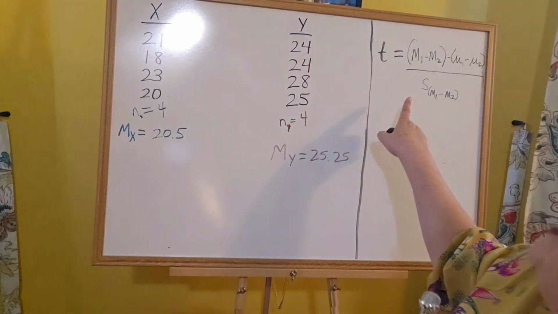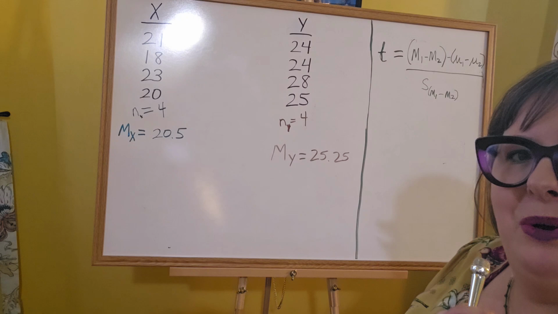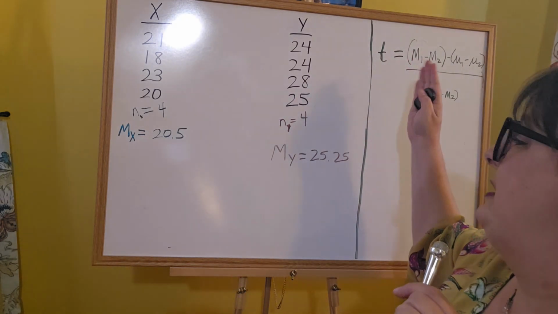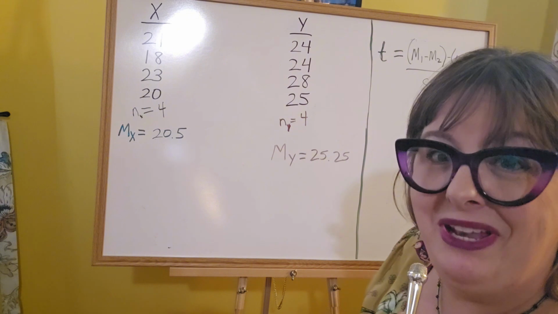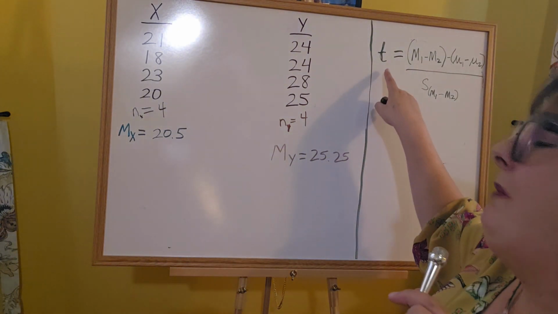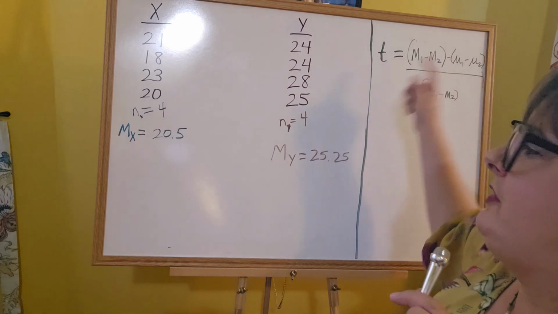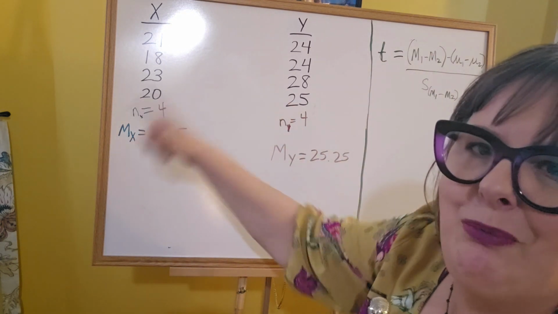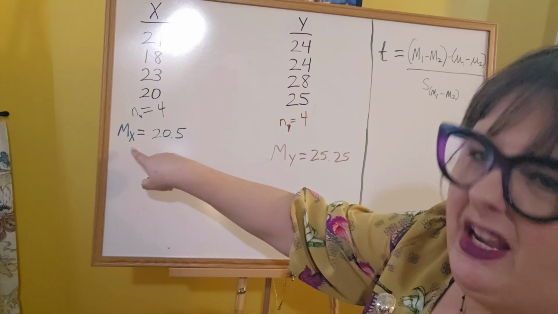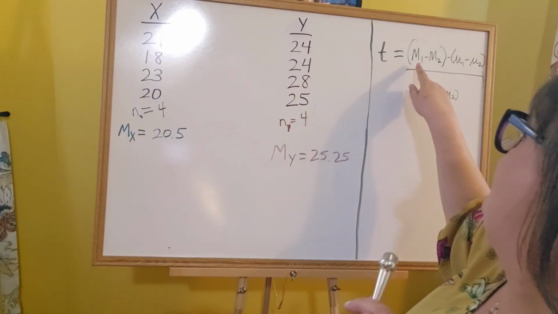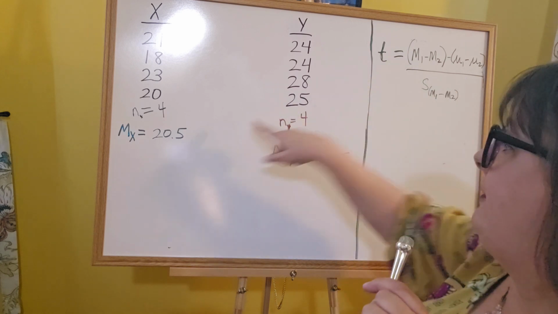This is our formula for the independent samples t-test. I've got it kind of crowded over here because it's almost like I'm leaving room for things I know I'm going to have to compute. But what we have here is t equals sample mean 1. I could have put x. I put 1 here because that's how it's written in the textbook. So it could be x. So mean 1 or mean x minus sample mean 2, the mean for y,